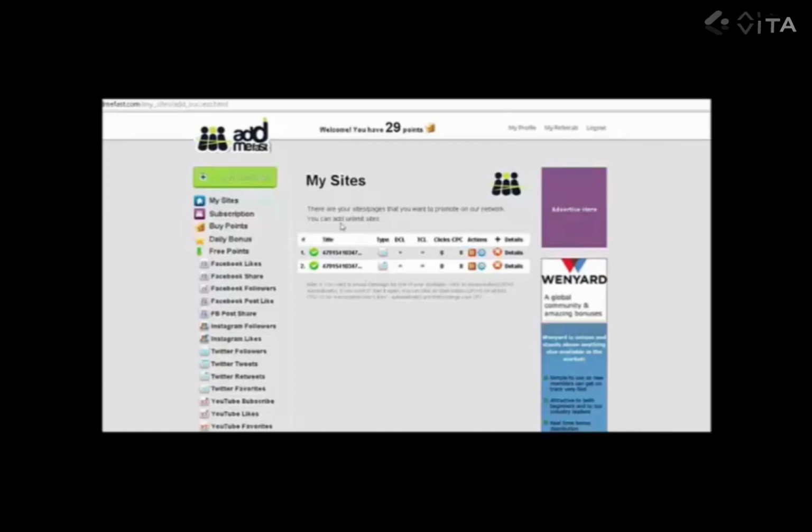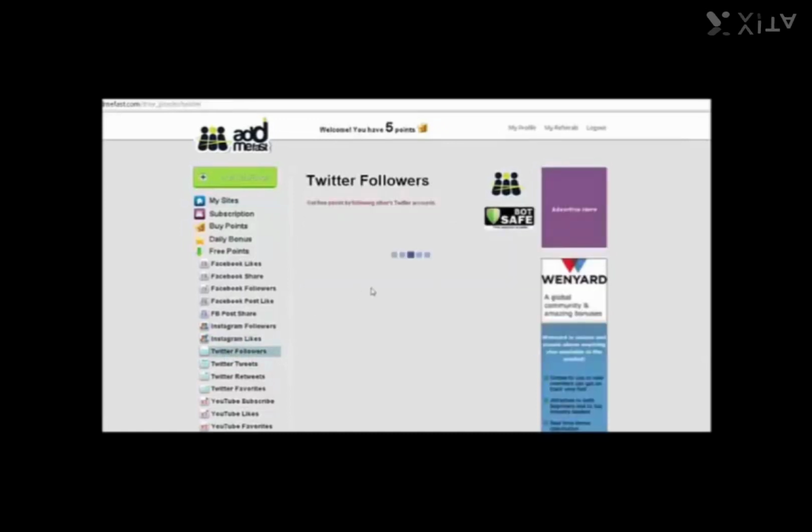Okay guys, so we are finally ready to start driving traffic, and believe it or not, we have already overcome the most difficult part of this entire process. So to start collecting points and driving traffic, for example, one that I really like to use is Twitter followers. This is extremely easy to do. I mean, you can literally rack up hundreds and thousands of points in just a few minutes by doing this. And I also like to use Twitter because for this example, I'm using a separate non-personal account.